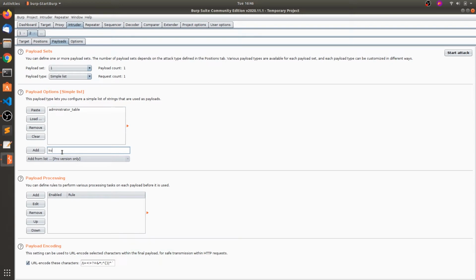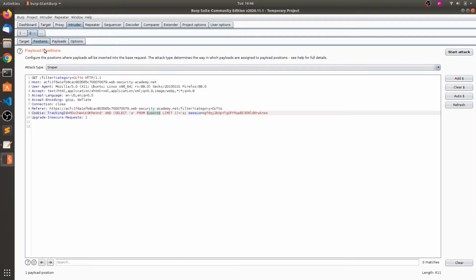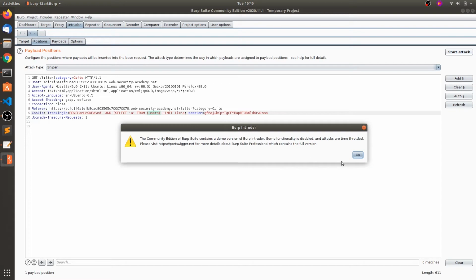So you can add some tables here, users, login, credentials, and so on. So this is a simple sniper attack. Now let's start the attack.